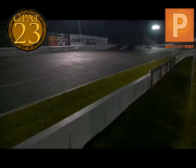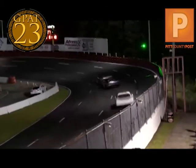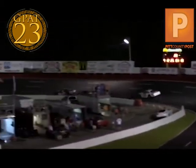While the top 2 were battling, Kenneth Mercer's lap times were a tenth or two quicker than the leaders, so now he has positioned himself right behind the top 2. It is Burbage, Johnson, Mercer, Shiflett, Ryan. 5 cars on the racetrack. Great late model racing. 28.5 laps down, 28 of 50 complete for the late models here at the East Carolina